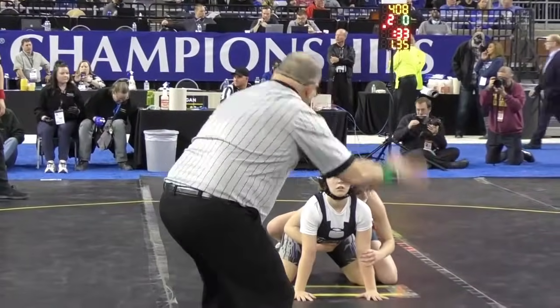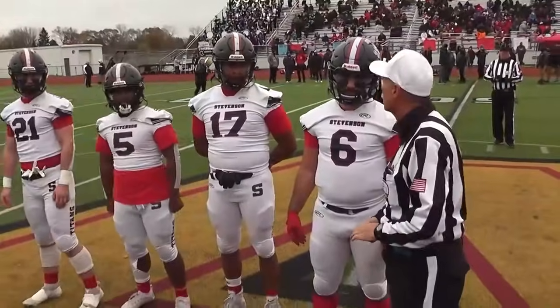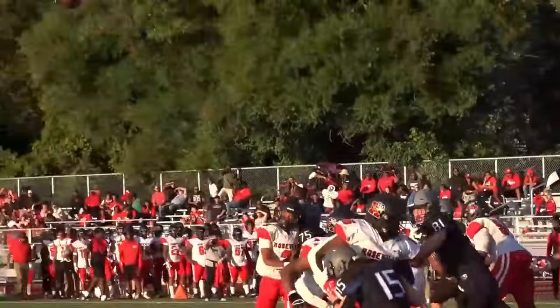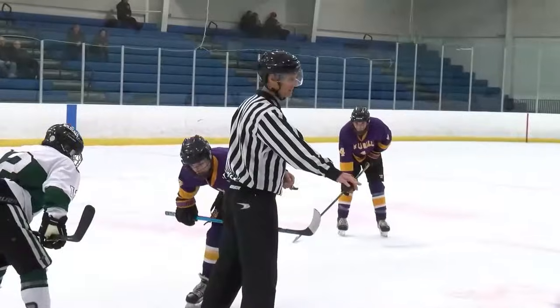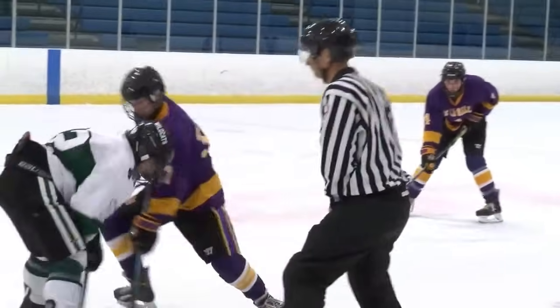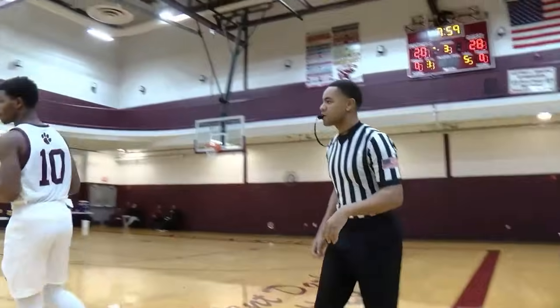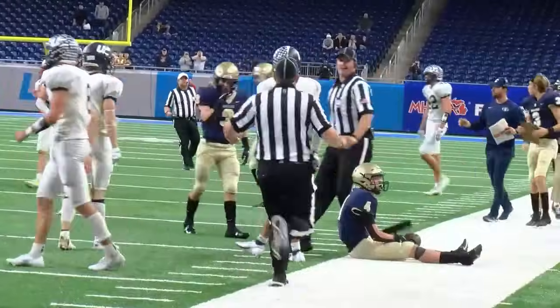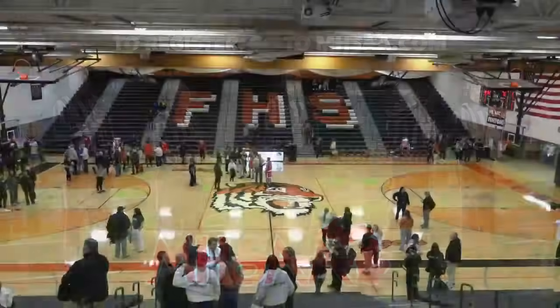Every high school sporting event in the state of Michigan has one thing in common: officials. Every game, every meet, every match. Without officials, there'd be no touchdowns, no three-pointers, no face-offs. Without officials, there'd be no games. Officiating is a great way to give back to your community and stay involved with the sports you love. And officials are needed now more than ever, because without officials, it's...